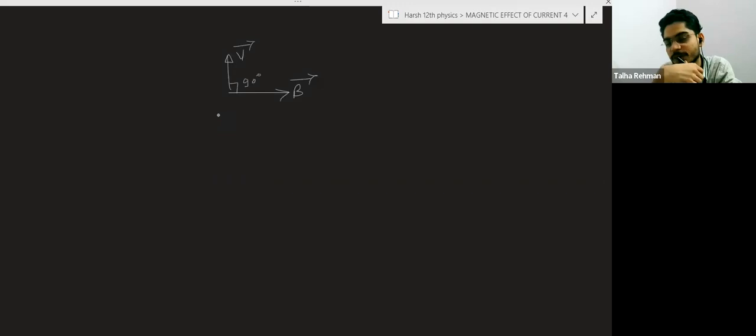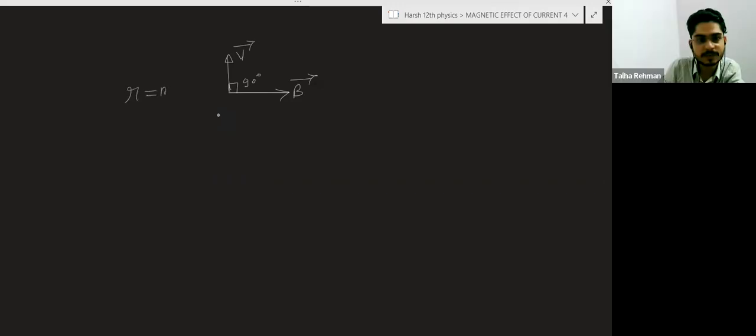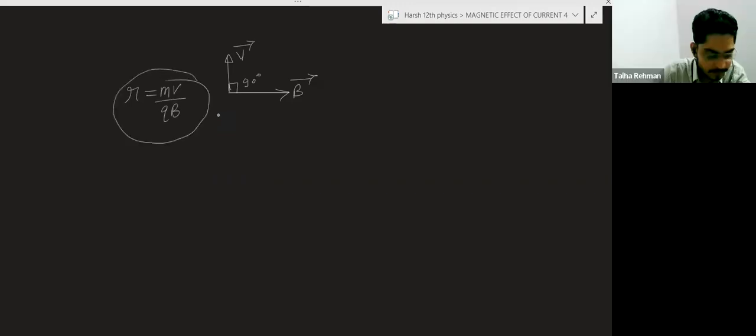So when the charged particle moves perpendicular to the magnetic field, you should know the whole story behind the question. The charged particle will follow a circular path, as we have discussed, and the radius of the circular path is given by mv divided by qB. This formula you should know first. After that, they are saying the radius of the circular path followed by the particle